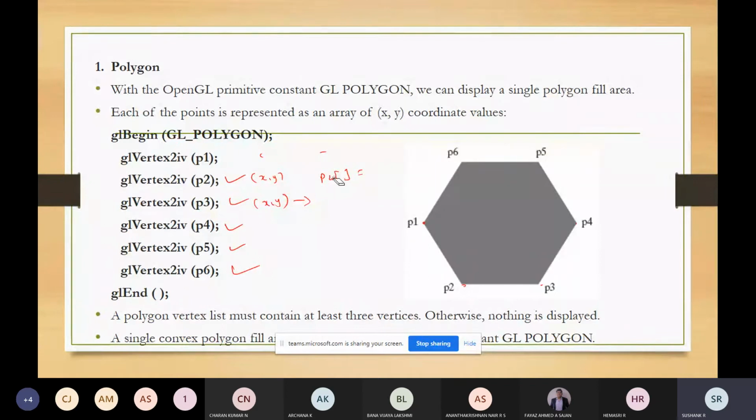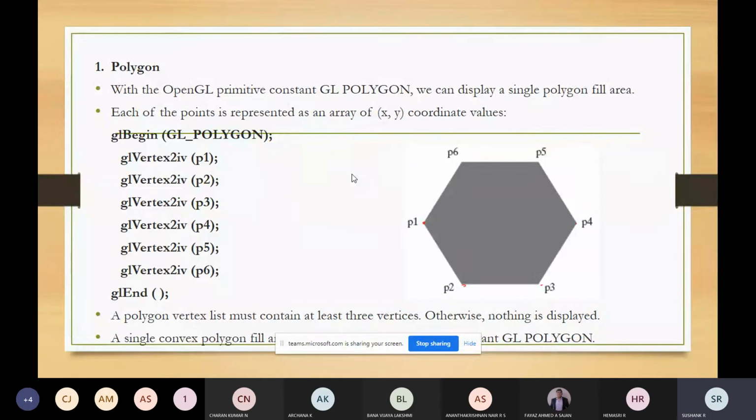So what it is doing means, you are passing the vertices, the points or the coordinate points to draw this polygon. Here the GL begin function will take GL underscore polygon as the symbolic constant. If you're using GL underscore polygon as the symbolic constant, you can draw a single polygon.